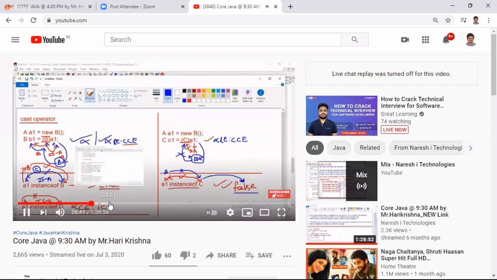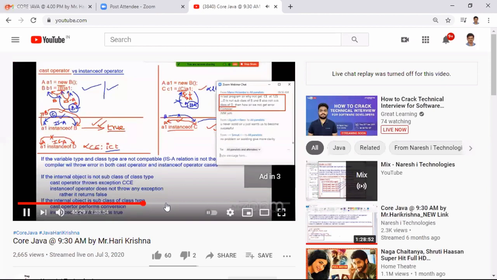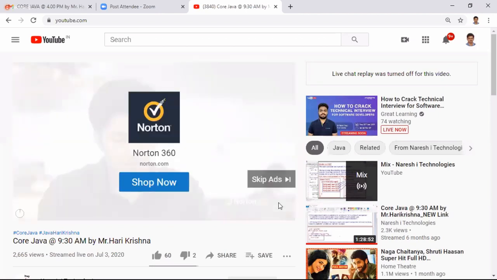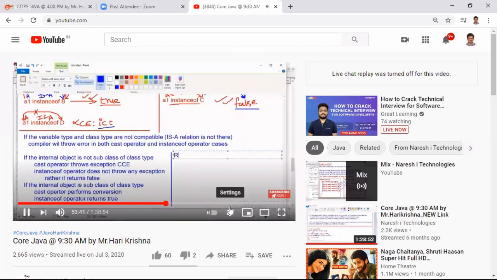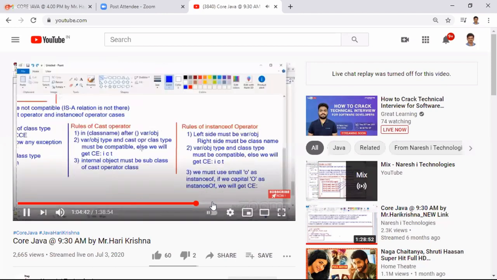Internal object and class, if variable, the compiler verifies the variable. I'll give you some statements. Look at them and tell me.